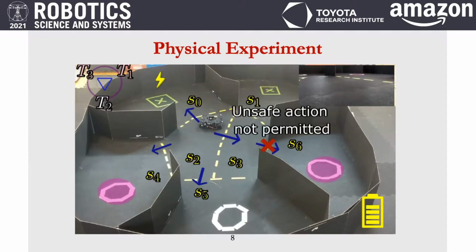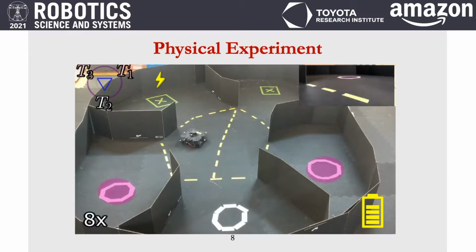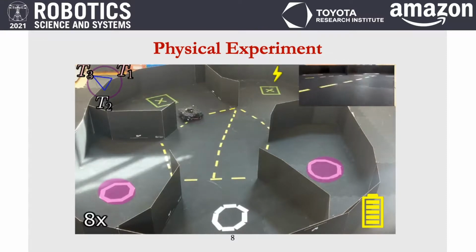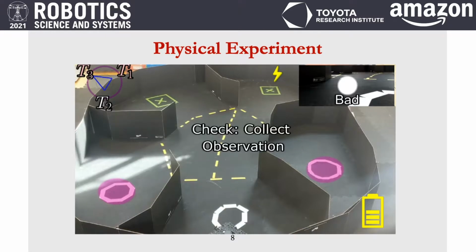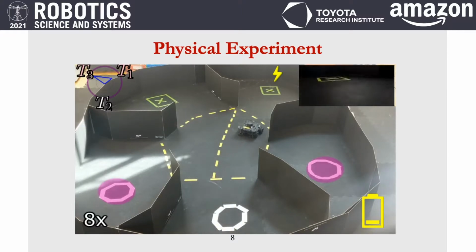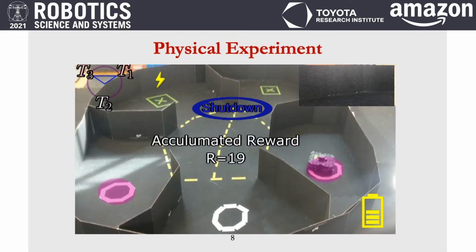At each point, the permissive policy rules out actions that would lead to violations. At this point here, the permissive policy removes 2 action choices that would lead to the agent running out of charge. Showing an additional run, here Agent 1 goes to T2 and finds that that rock is not worthy of doing a full sample, and then eventually recharges. Here the completion of the full run results in an accumulated reward of +19.